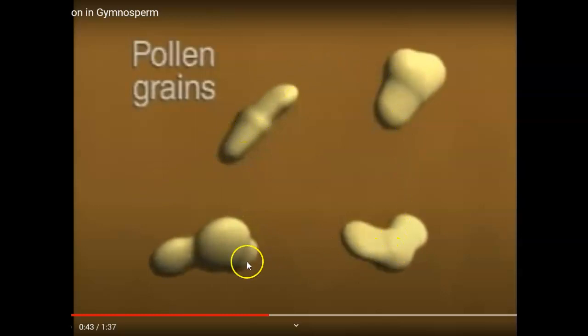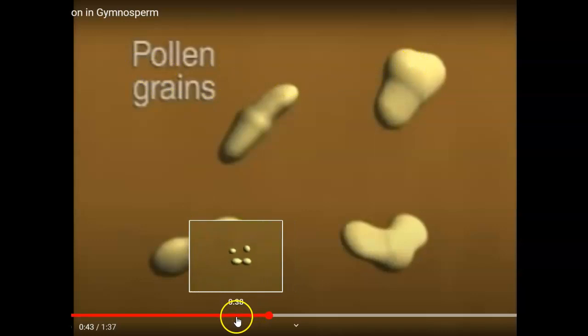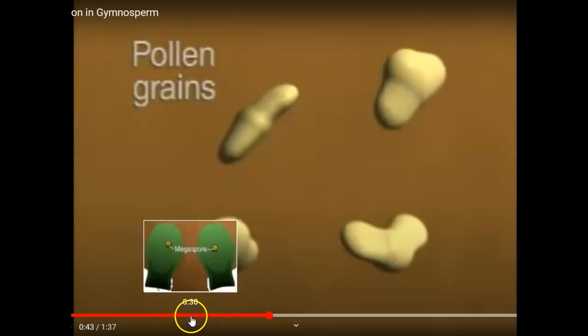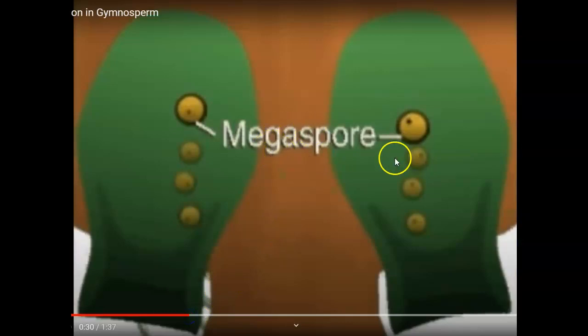So one thing here, we're seeing 4 pollen grains being shown developing. That's to highlight the fact that the male sporangium produces microspore cells that divide via meiosis to produce 4 haploid microspores, and then those 4 haploid microspores germinate to become a multicellular male gametophyte, and that's ultimately the pollen grain. They didn't linger on it, but in the female